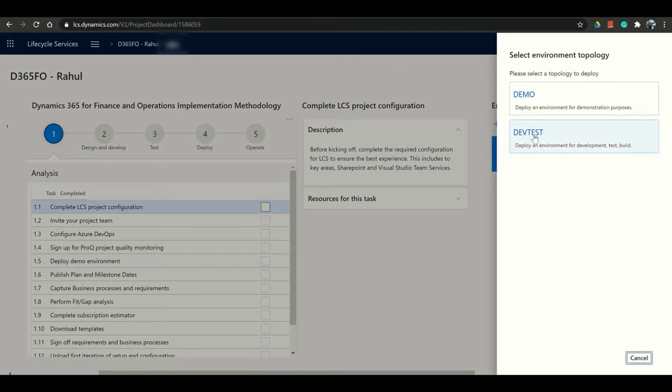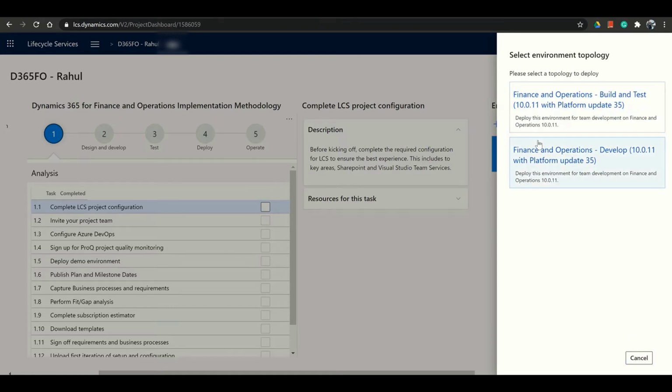Because we are working on a development server, we will select the development topology. For your demos you can go with the demo topology, but for today we are going to select dev test. In the previous video we selected build because we were creating a build server, but today we are going to deploy a development server. So select develop,